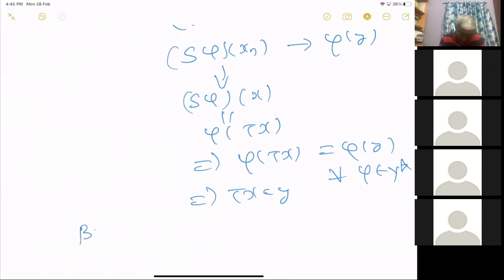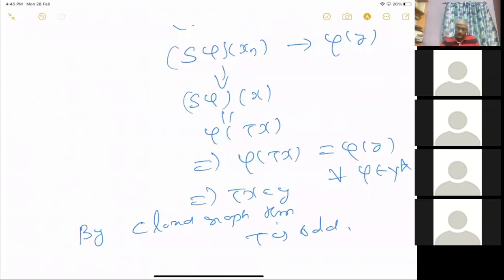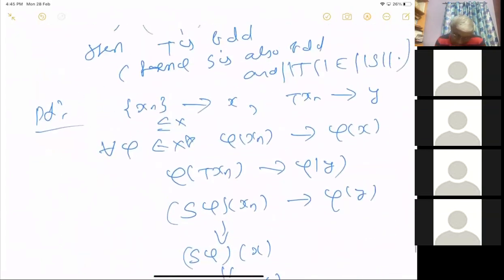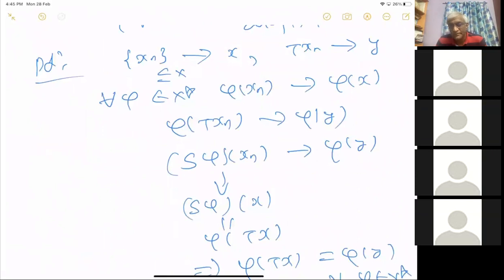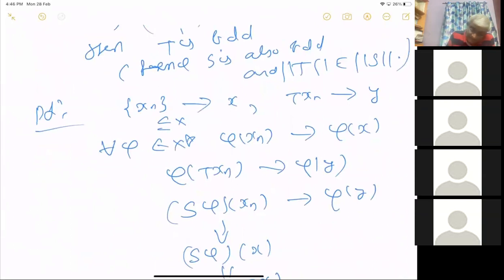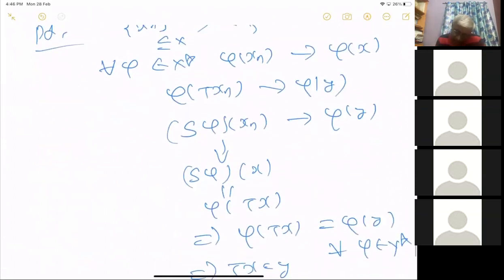So by the closed graph theorem, T is bounded. Yeah, the full screen is not there. I mean, I have proved that the graph of T is closed: if x_n converges to x and Tx_n converges to y, then Tx equals y. I have used the fact that S is just a linear map, but then S of phi is also a continuous linear functional. S takes Y star to X star. That's what I have used. S of phi of x_n converges to S of phi of x, so S of phi of x equals this.